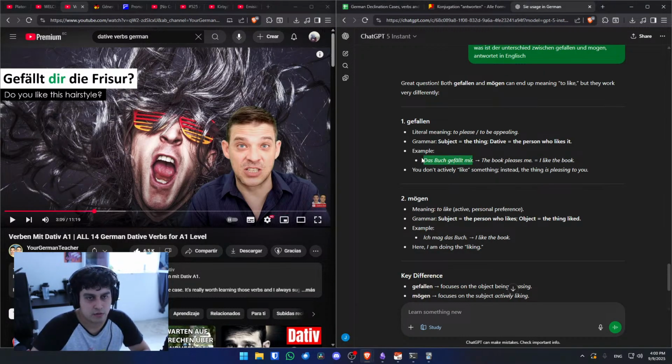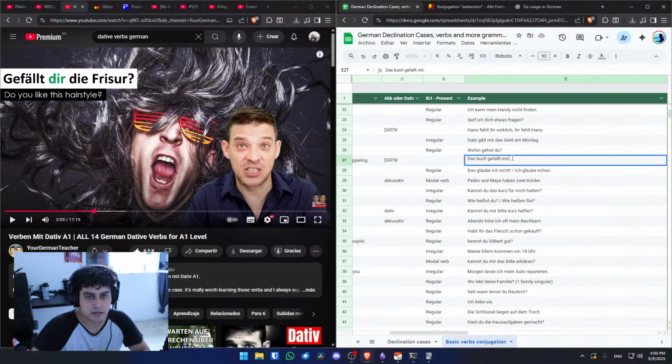Let me just copy and paste it since I don't know how to write it with the umlaut yet. Das Buch gefällt mir, or gefällt dir die Frisur, the hairstyle.